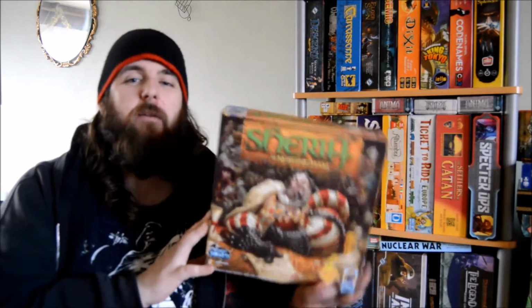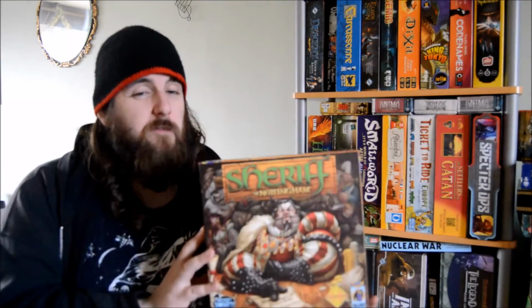Today I'm going to be reviewing Sheriff of Nottingham, the 3 to 5 player deceptive lying bluffing card game where you're trying to sneak items in past the sheriff. Each player gets 2 turns at becoming the sheriff unless it's a 3 player game, where you have to take out a number of cards and then you play the sheriff 3 times. However, in a 4 to 5 player game, each player gets 2 turns at being the sheriff,